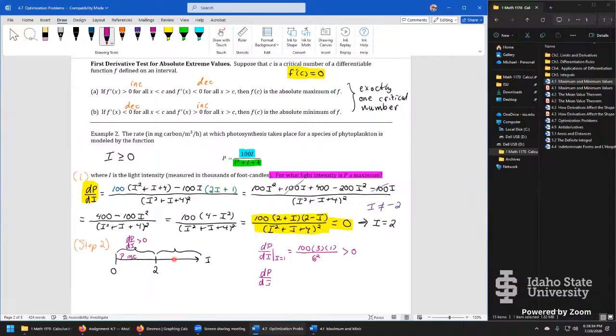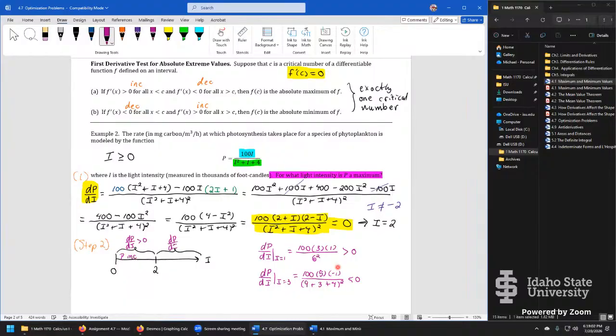So dP/dI, evaluated when I equals 3, comes out as, here's the derivative, 100 times 5 times negative 1. The denominator is positive no matter what. It's 9 plus 3 plus 4 squared. This means the whole thing altogether is negative, thanks to that one negative sign, less than 0,